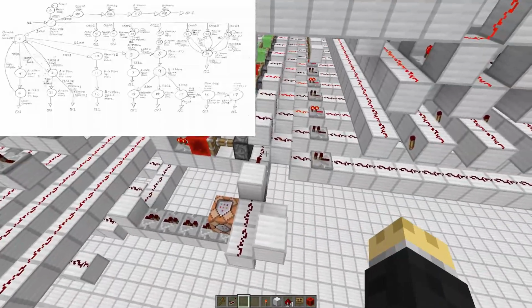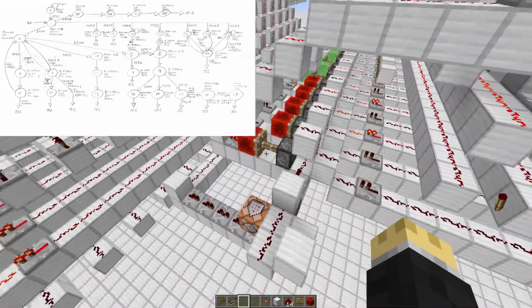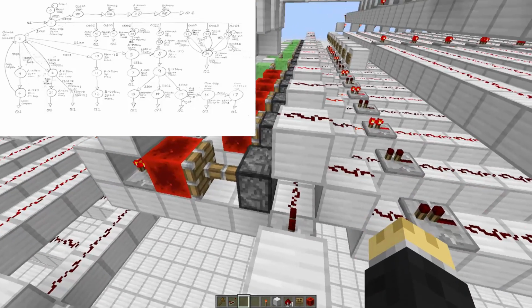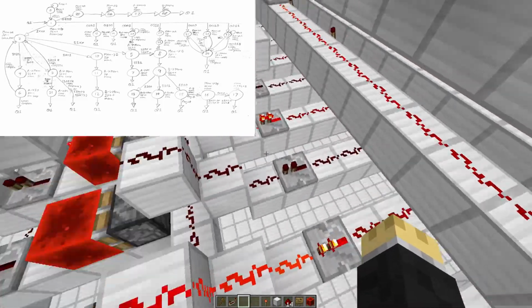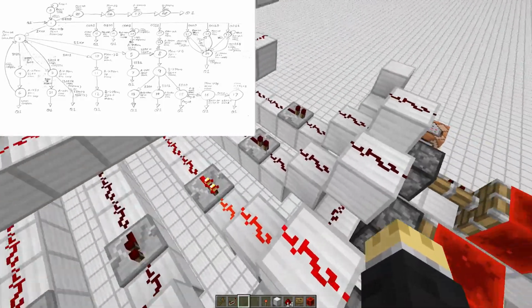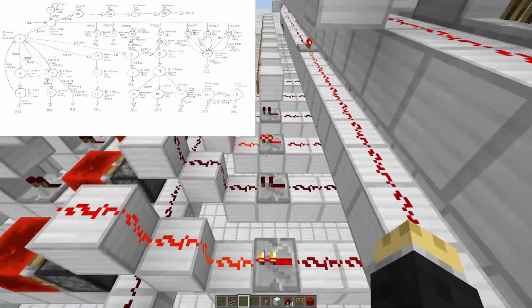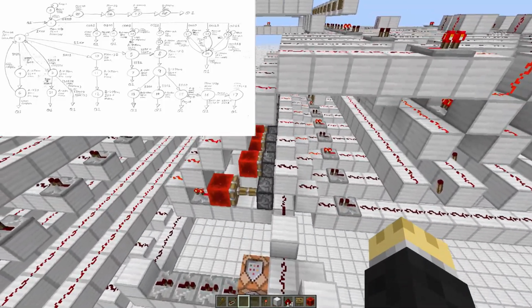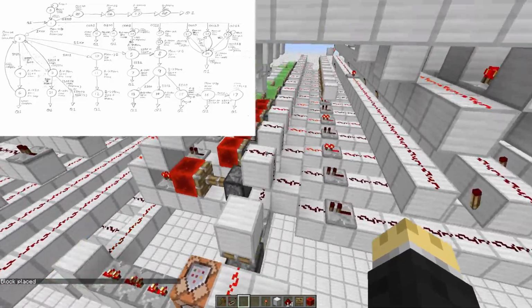And just to show you that I'm not pulling this information out of thin air, I haven't clocked this yet, but according to the diagram, if the instruction is 0001, it's going to go from state 1 to state 20. And as you can see, we are currently in state 1. The next presented state is 10100, which is 20 in binary. So if I go ahead and clock this, it's going to move into state 20,